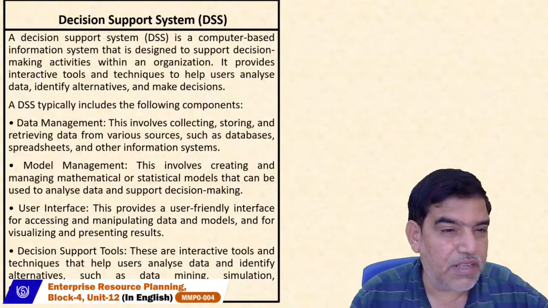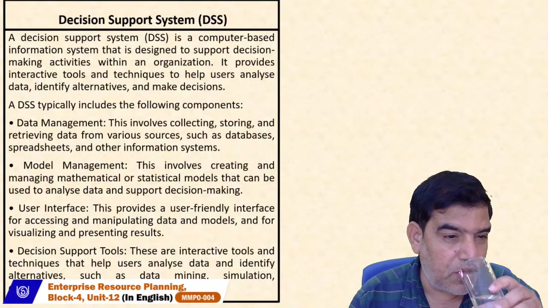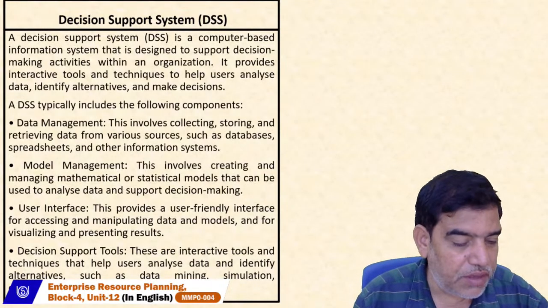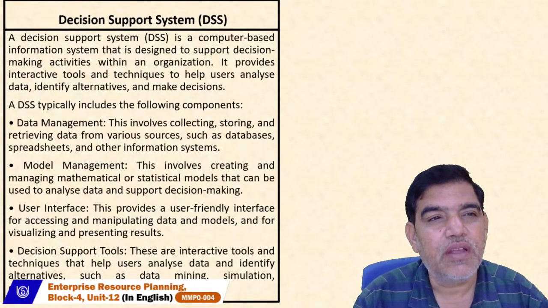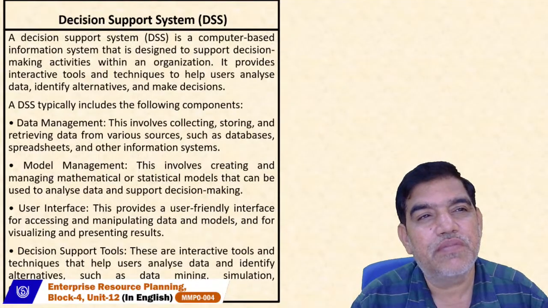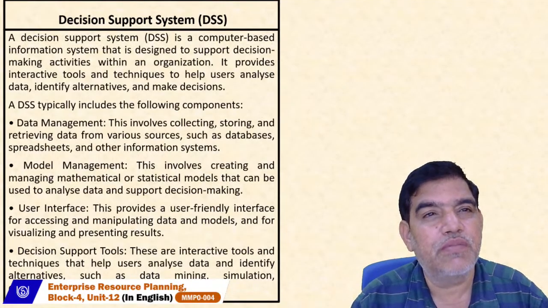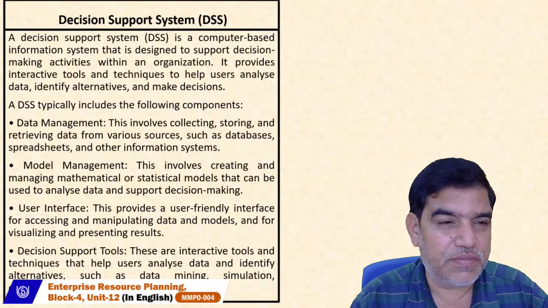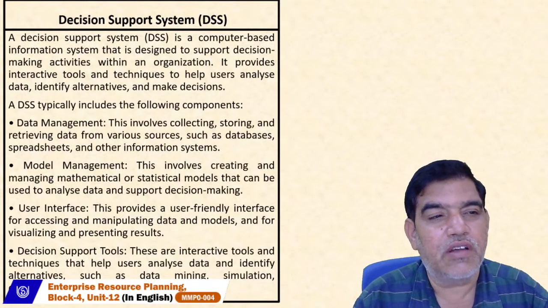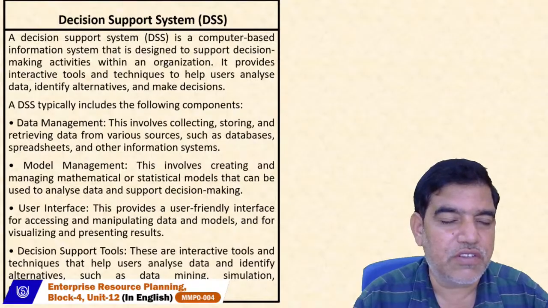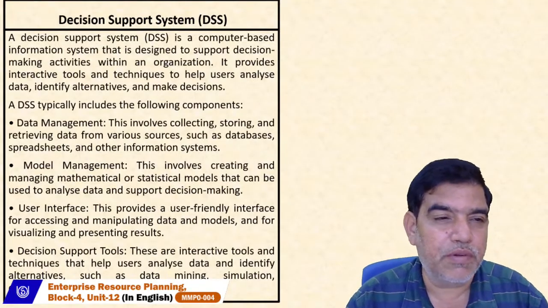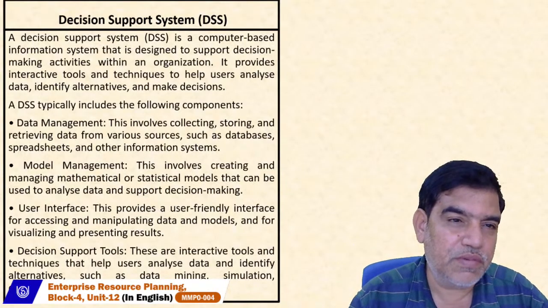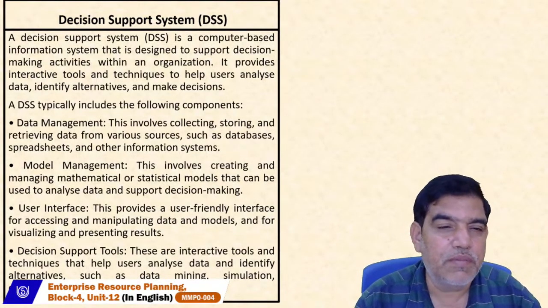Then DSS. What is actually DSS? DSS stands for Decision Support System. If you consider a pyramidal structure, the bottom layer is known as your TPS, the transaction processing system. It serves the supervisor level employees, low level employees in an organization. Then the middle one is your DSS, decision support system. It helps the manager level people. And then ESS is also software which is used by the top level people for the